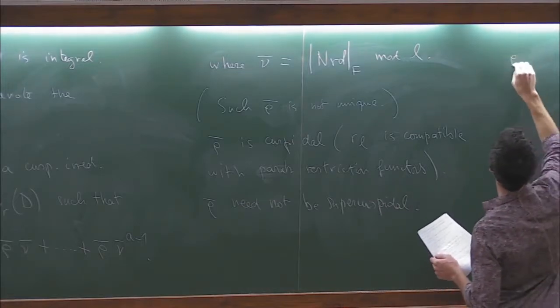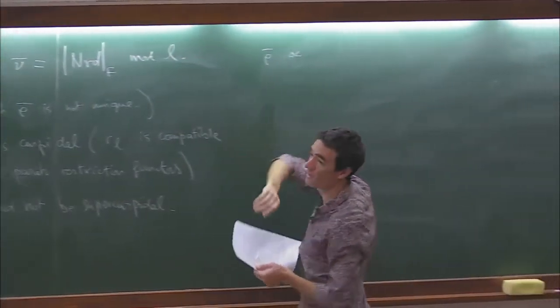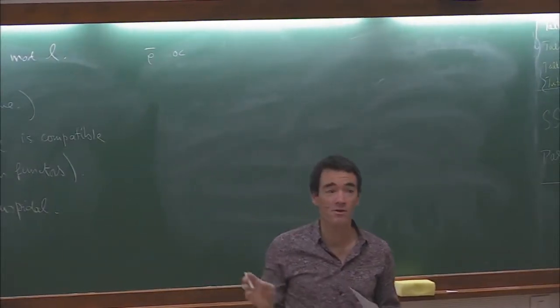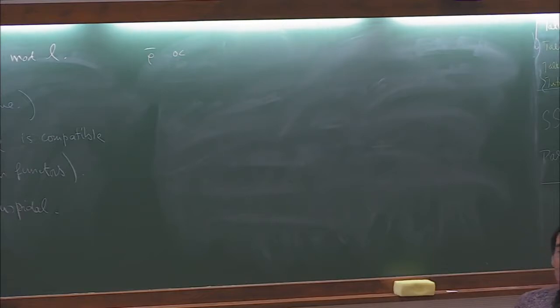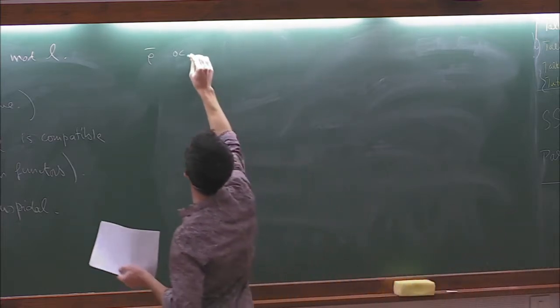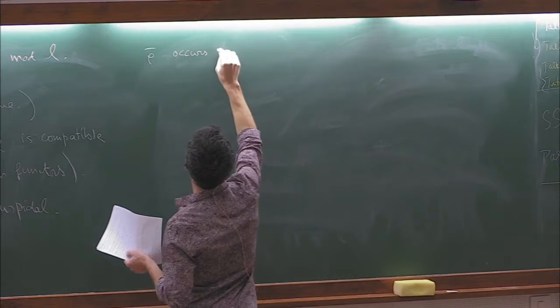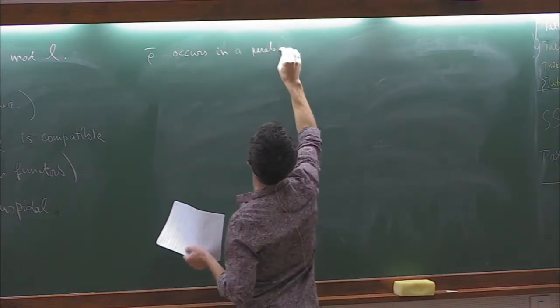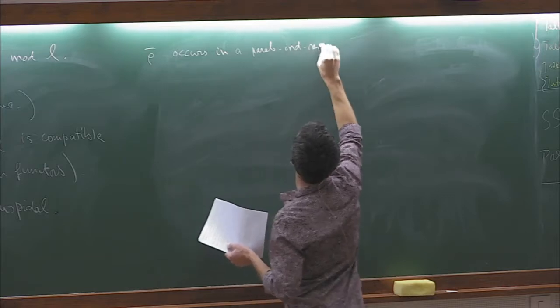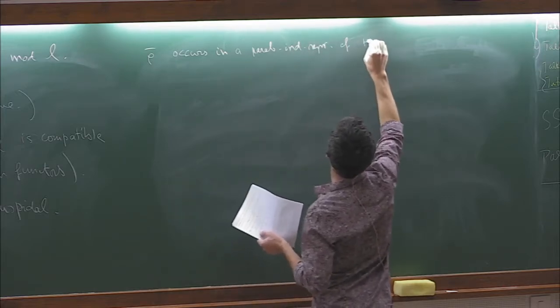Recall that for GL_n and for its inner forms, there is uniqueness of the supercuspidal support, so it makes sense to speak of the supercuspidal support of rho bar. So rho bar occurs in a parabolically induced representation of the form